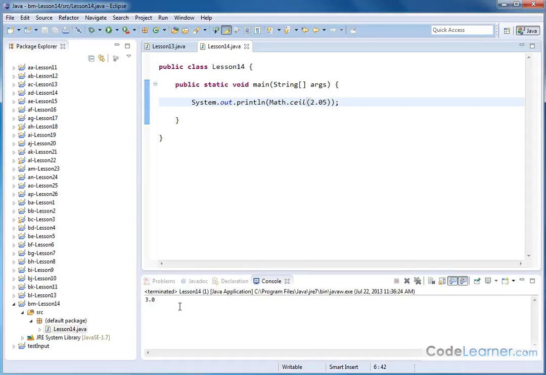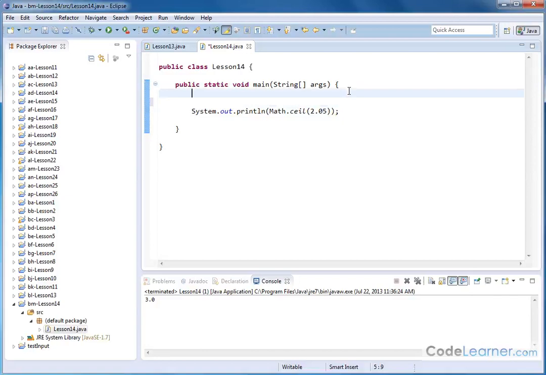So you can think of the floor method as giving you the lower whole number, the ceiling method giving you the next higher whole number, and the rounding function is what you usually study in math class, where it chooses either the floor or the ceiling depending on the value of the number. So those are all available to you to use all the time. Now in this particular example, I'm just sending the number inside of the print statement, but just to be absolutely clear,